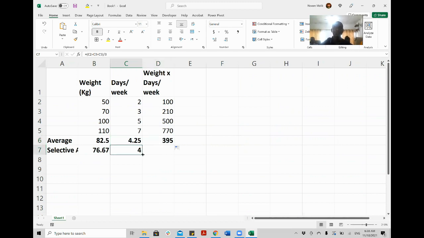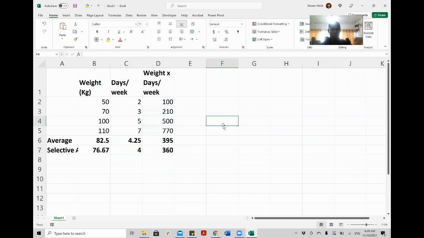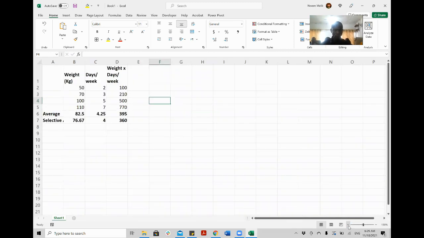Same way here, this plus sign, when it appeared, press left on your mouse and move the other finger to your right hand side or wherever you want to take the average. I want to take here, the average is collected. So you see this average is now selective, right? This average is for all. So this is how you don't have to create the formulas again and again on the Excel sheet.